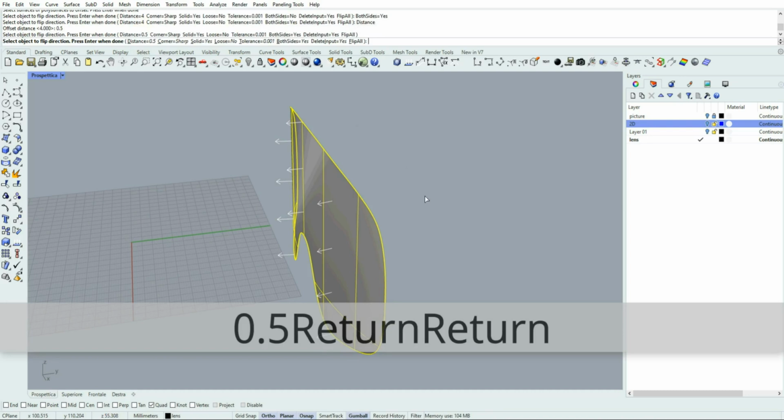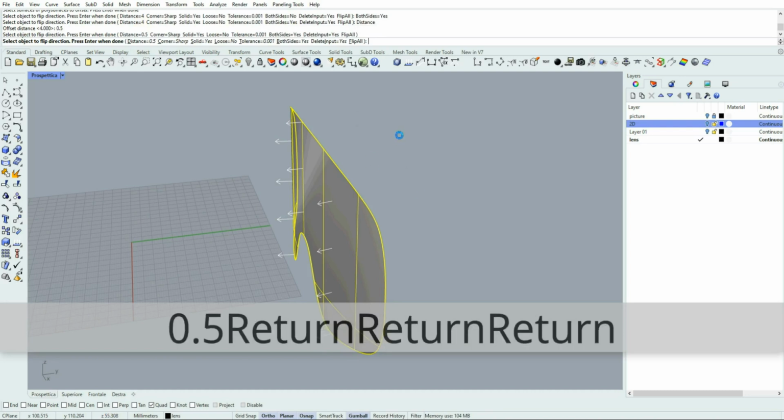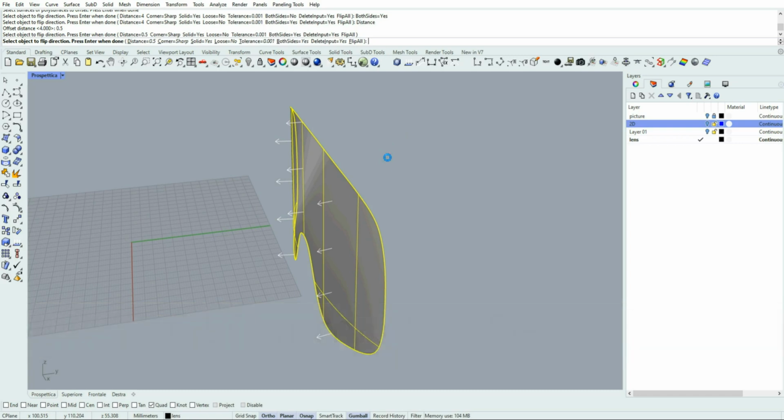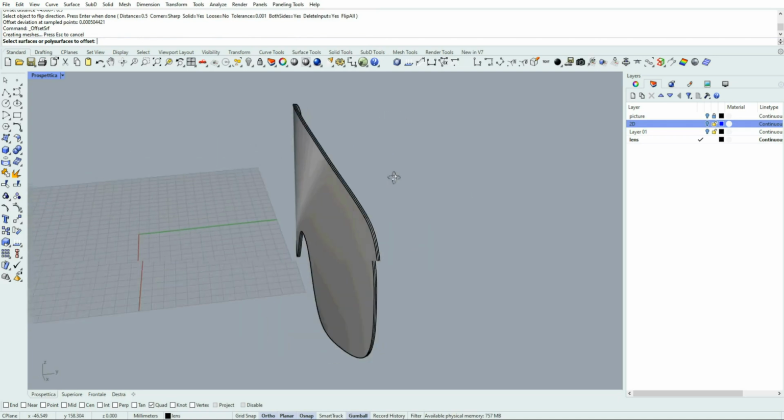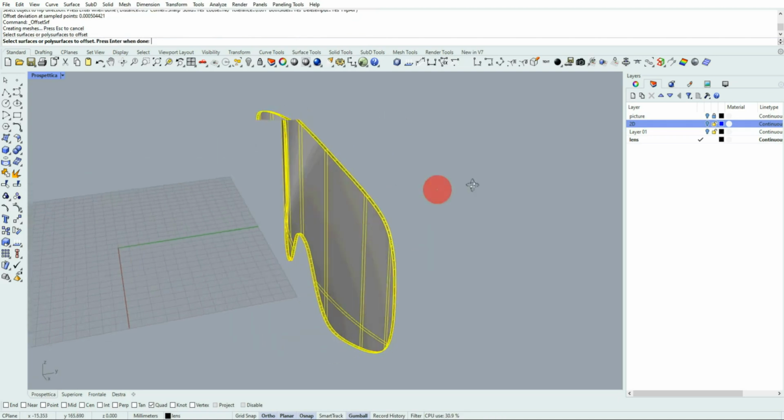Okay, because it's double, 0.5 plus 0.5, so I just type 0.5. After a while we get our object, and this is our lens.